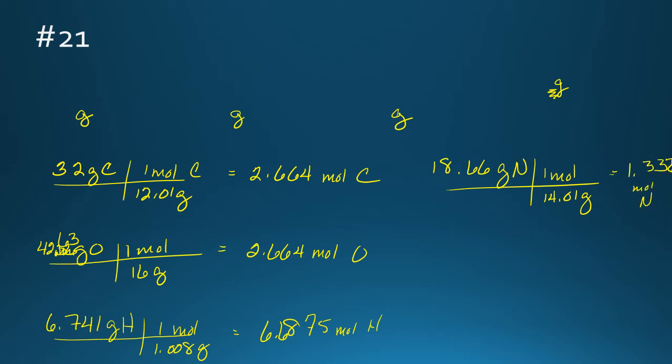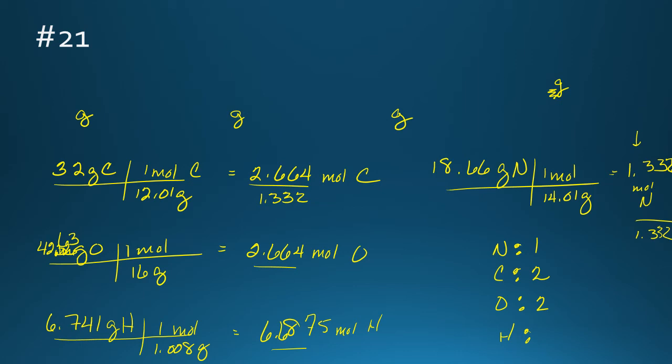Okay, now that we finally have the molages, what's your next step? Well, if you said divide by the smallest, you're absolutely correct. So this one is the smallest. So I'm going to divide each one of these by the smallest, which means that this 1.332 gives the subscript for the nitrogen of 1. So the subscript for the carbon then becomes 2, and for the oxygen becomes 2, and for the hydrogen we end up with 6.6875 divided by